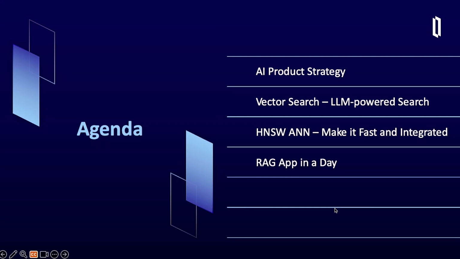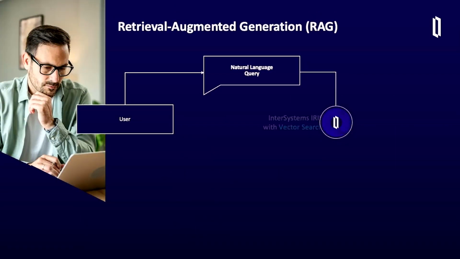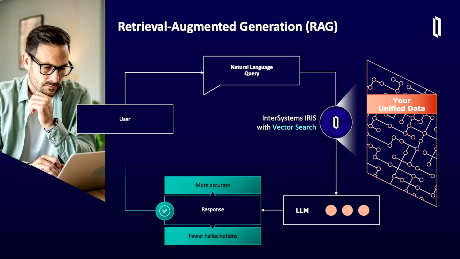So, real quick, I'll talk about vector search. Boya is going to talk about the hierarchical navigable small worlds, that's HNSW, approximate nearest neighbor index, which makes it fast and makes it integrated with the rest of vector search, and Yuan's going to talk about her RAG app in a day. All right, so really the way vector search, what it is, it's a new search operator within our SQL